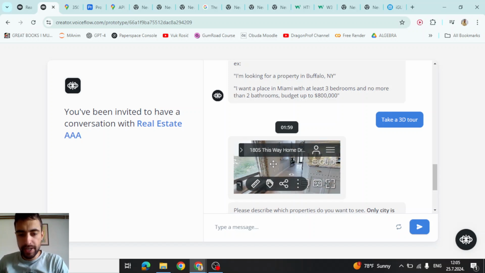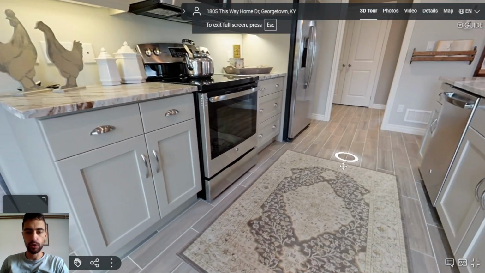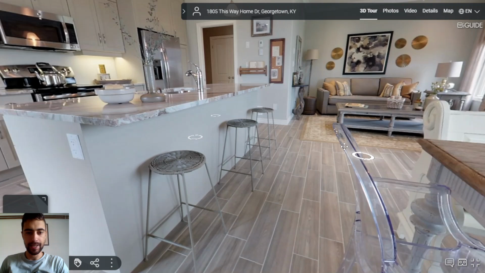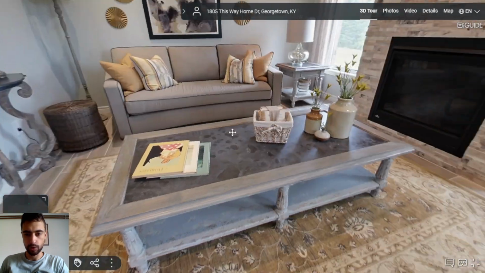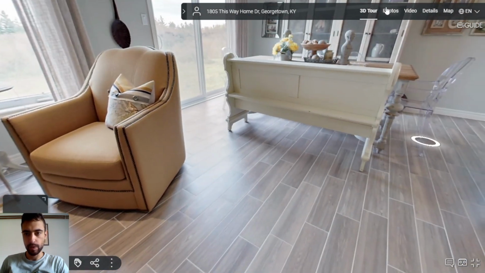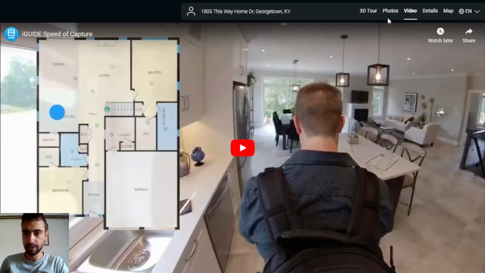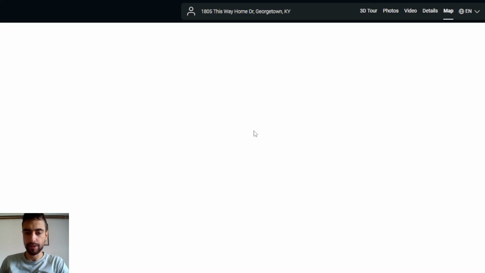We can embed a 3D view of the house directly into the Voiceflow chatbot. So let me just maximize this view. This is what your clients, or the real estate clients, can see. We can click this circle to walk around the house. We can also visit photos, watch video of the house, see details, see it on the Google map,